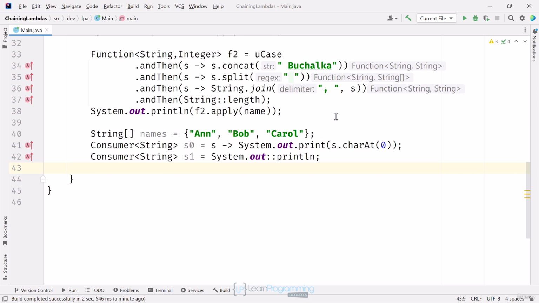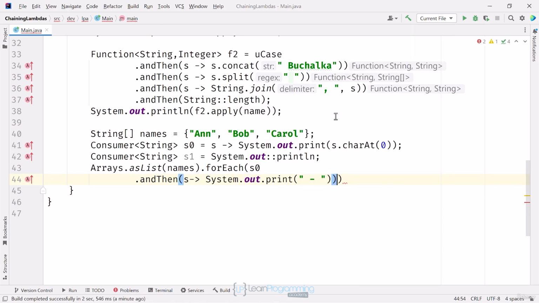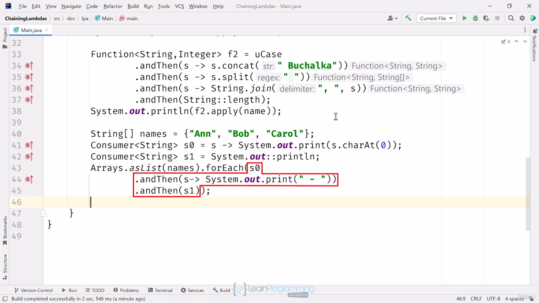In this case, nothing will get returned from these methods, and therefore s is always the value of the parameter passed to the Consumer functional method. I'll add some code to loop through the names and execute a chain of andThen methods. The lambda expression I'm passing to the forEach is a compound statement with multiple andThen calls chained together. If I run this now,